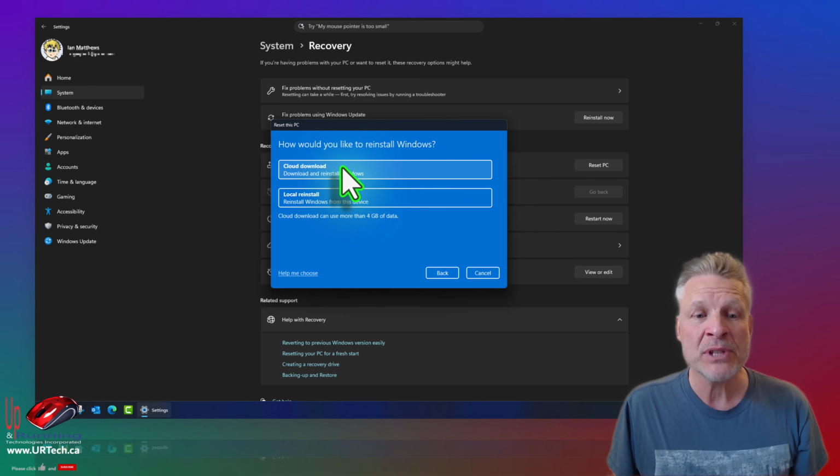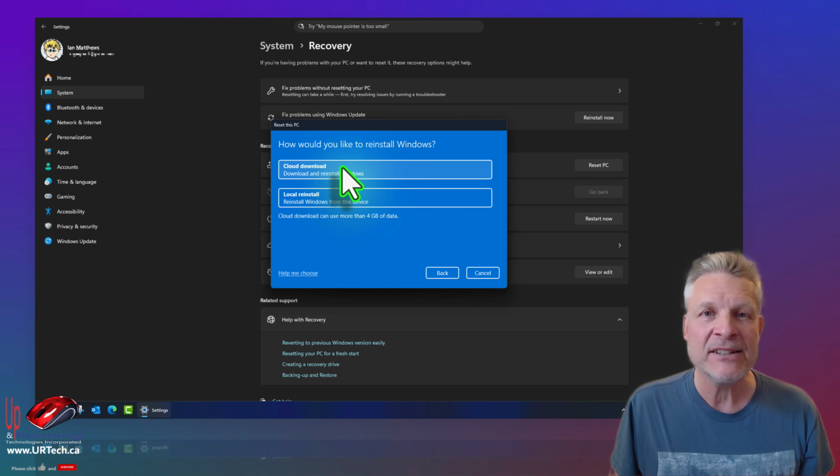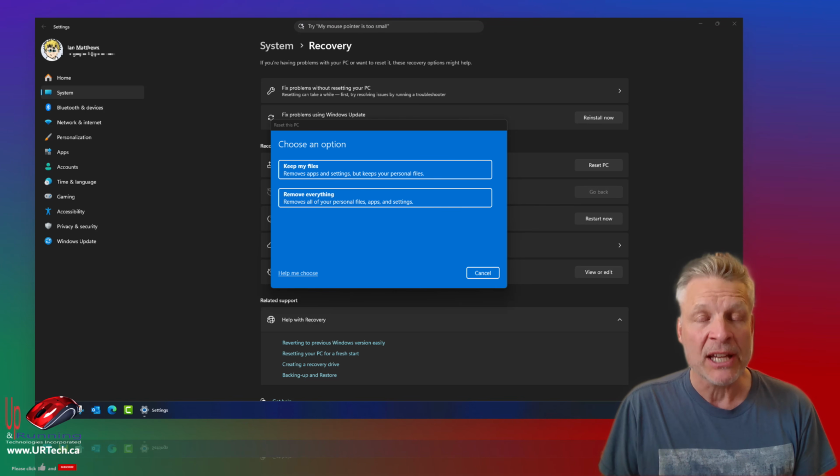And as soon as you choose cloud download, it's going to confirm that you want to wipe the machine out, and that will be your last click. It's going to download it, and complete the factory wipe to reset everything right back to factory. Nice clean install. And after the system has completed its reboots and finished the Windows install again, we get a